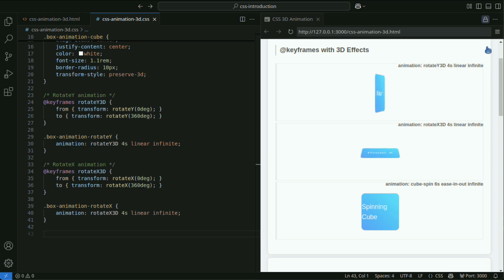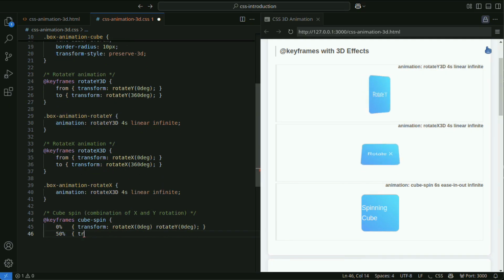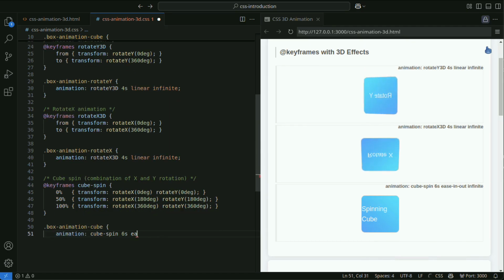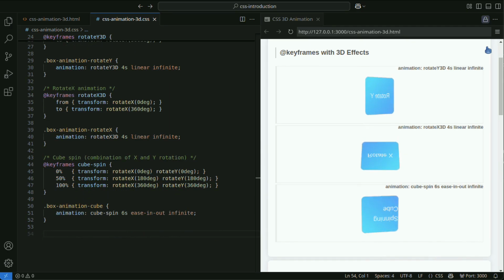Let's define a 3D animation that combines rotations on both the x and y axes. Rotating on multiple axes creates a stronger 3D effect.